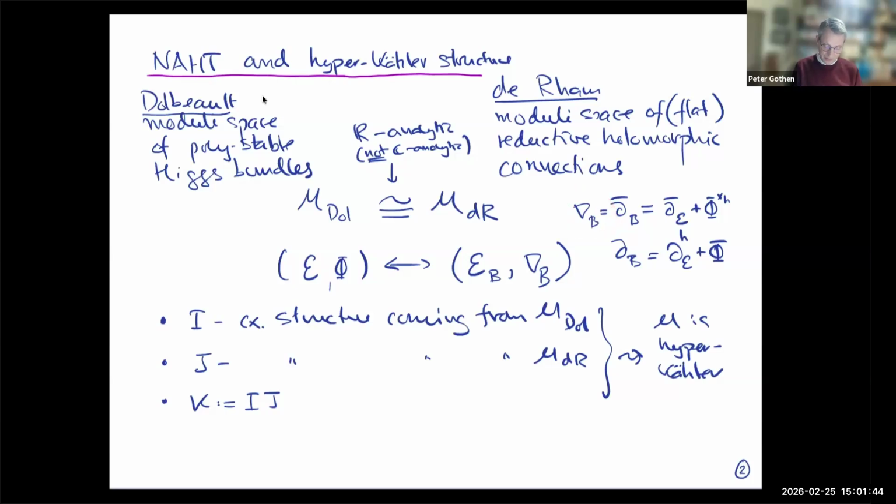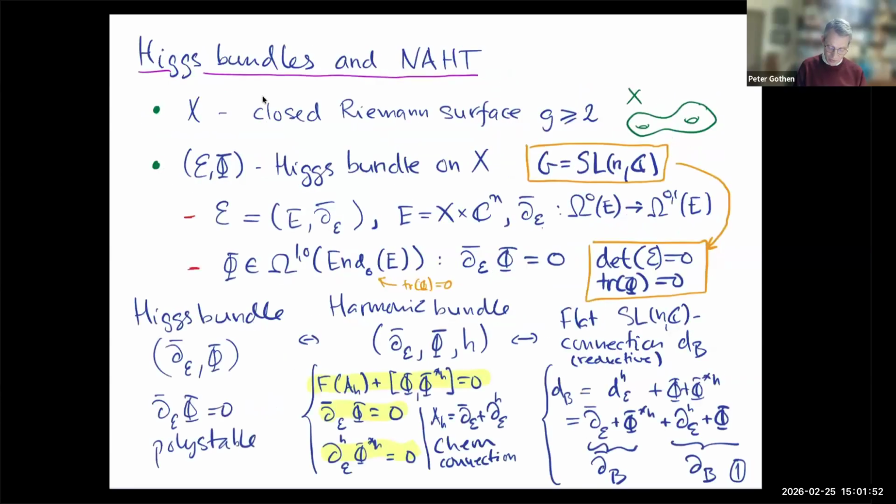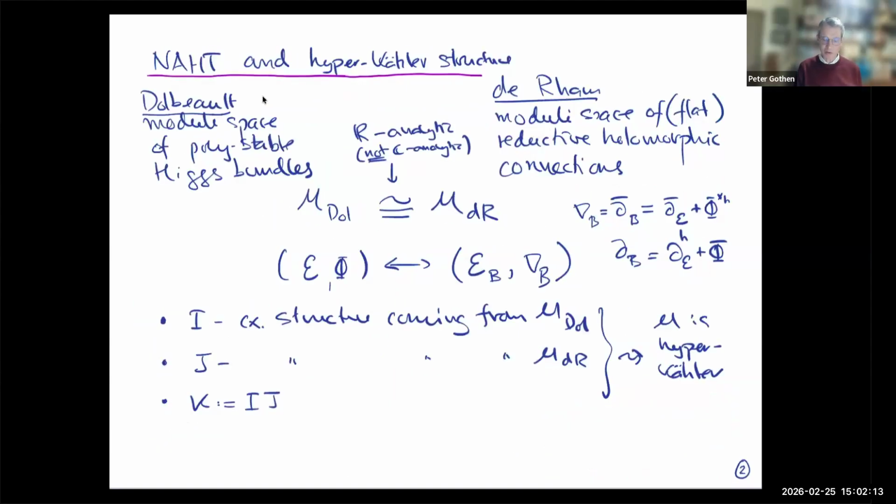And well, let me put it like this. You have a flat connection, but you can split it in two parts. Let me just go back here. If you take your flat connection and take the (0,1) part of it, then you get a d-bar operator, which defines a holomorphic structure on your C-infinity vector bundle, which is different from the one you had before. And then you get this part, which is the (1,0) part, and this part will be a holomorphic connection. So you can think of this C-infinity flat connection, by taking its (0,1) part and its (1,0) part, as also defining a holomorphic connection on a holomorphic bundle, a different holomorphic bundle from the one you started with.